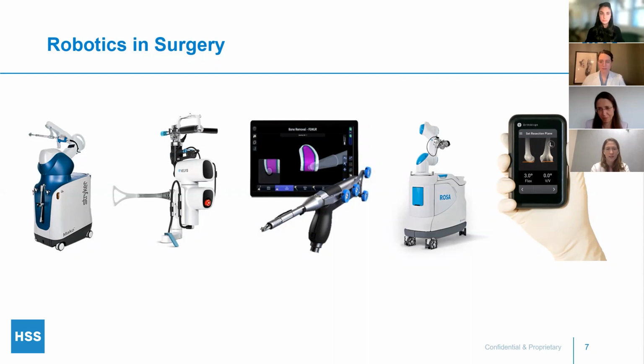And then computer navigation is similar in that it helps the surgeon determine where the implants should end up, but the surgeon generally uses manual tools to get there, and then uses the computer navigation to help with the alignment or placement, and help determine also things like sizing or thickness of the implants. So it's very important to know that while these are really new and exciting technologies,